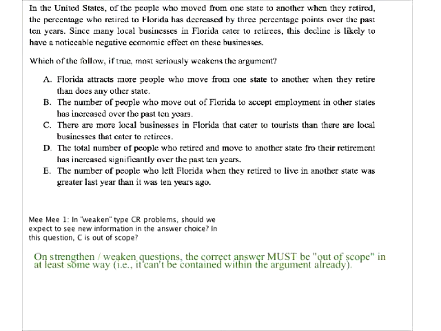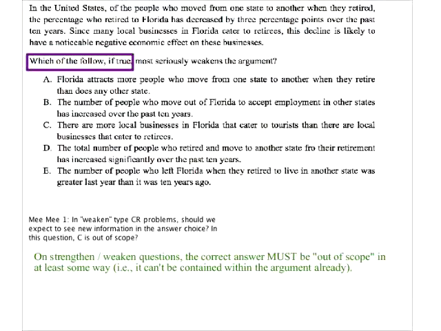Because remember, you're trying to make an argument stronger or weaker. You can't make an argument stronger or weaker by simply reiterating what's already there. So yes, these things are both outside the original scope. The total number is also outside the original scope because it just talks about percentages. But that's the whole point. This should say "following." But the point is, if you see "which of the following, if true,"